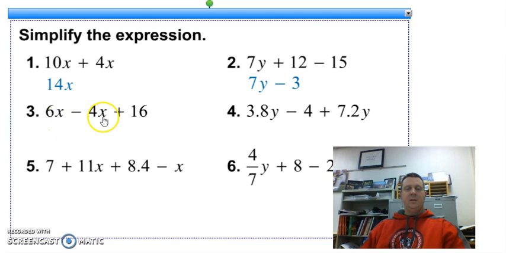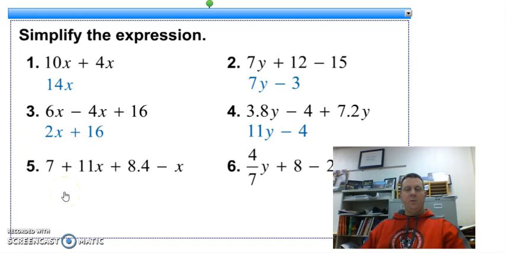Number 3, I can combine 6x minus 4x. 6x take away 4x's would be 2x plus 16. I can combine my y's here, 3.8y or 3 8/10 y plus 7.2 or 7 2/10 y. Because they are adding here, they're both positive, I'm going to have 11y minus 4. And we'll stop here with 5. If I have 11x and I take away 1x, I'm going to have 10x's